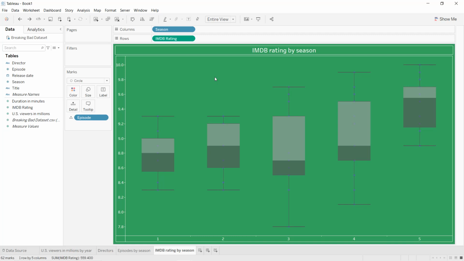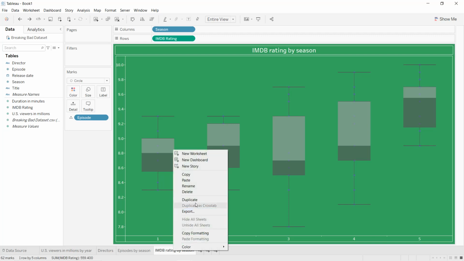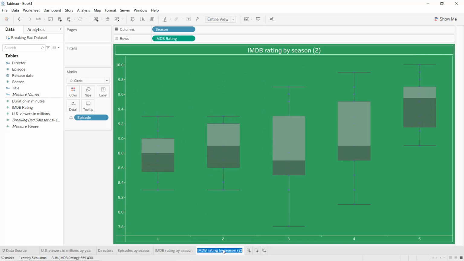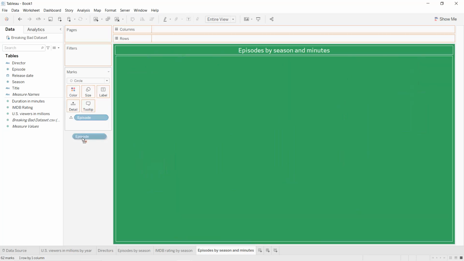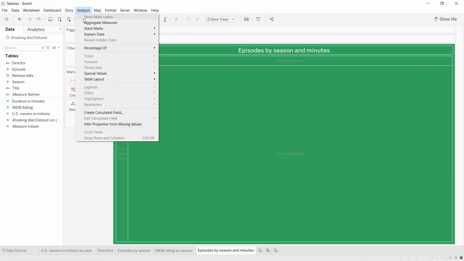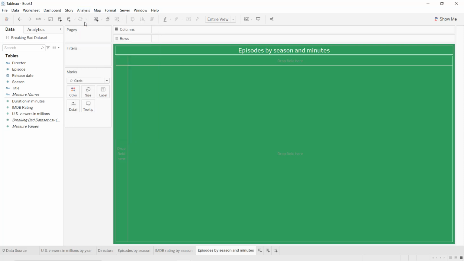Next we are going to create the Sunburst chart for the episodes by season and minutes. So same thing, right click, duplicate, we change the title into episodes by season and minutes. Okay, so we remove everything. Same thing for the season and the episode. We click on analysis, we click one more time on aggregate measures, we click on the down icon in here,